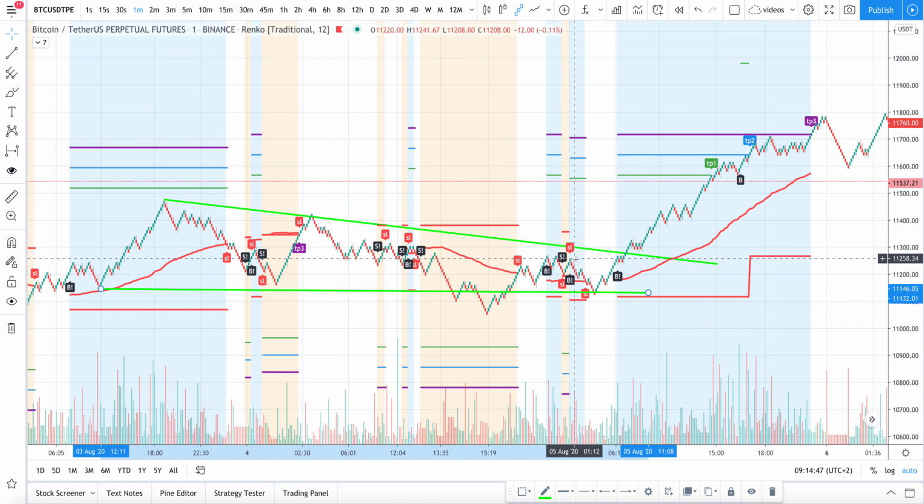This big triangle was broken, and a lot of course of stop loss here. The trend moved to be bullish, and you had a great profit. For example,